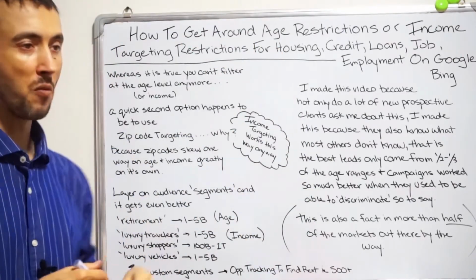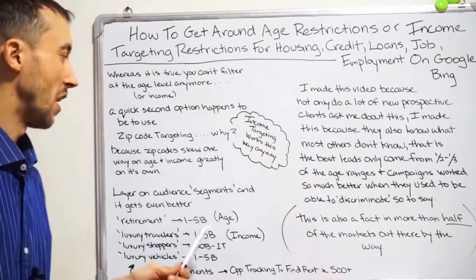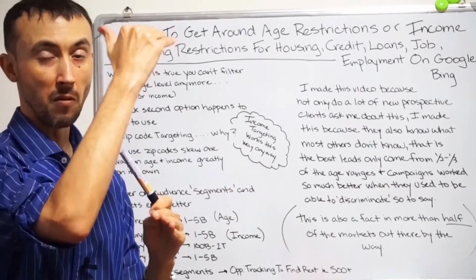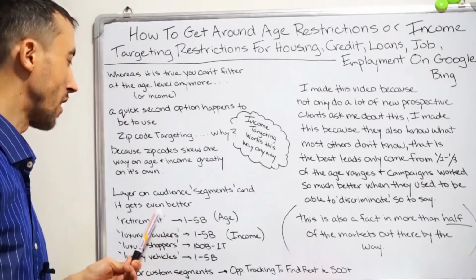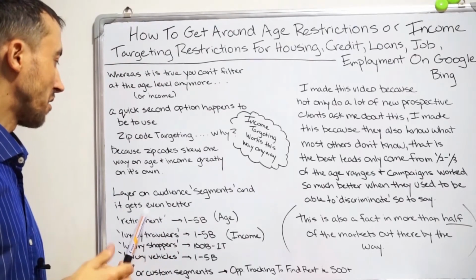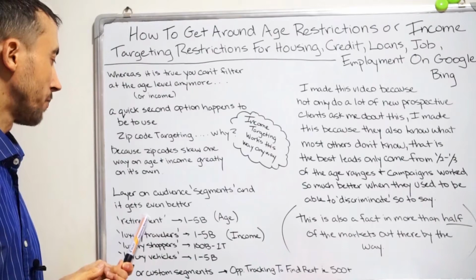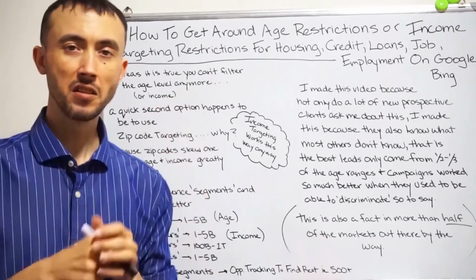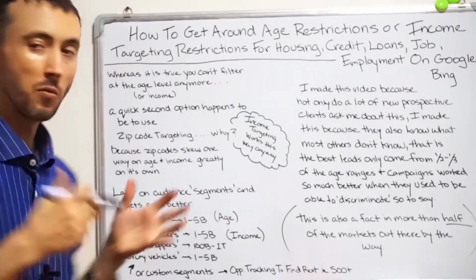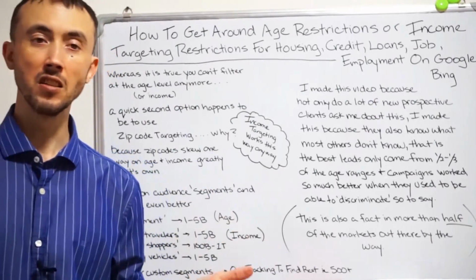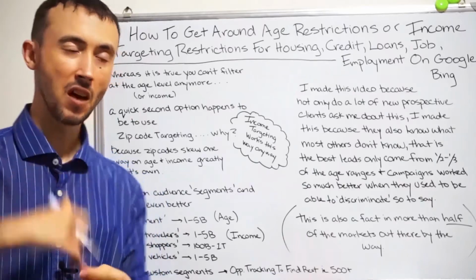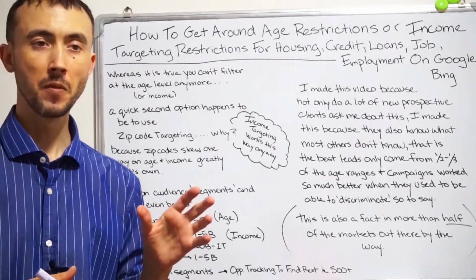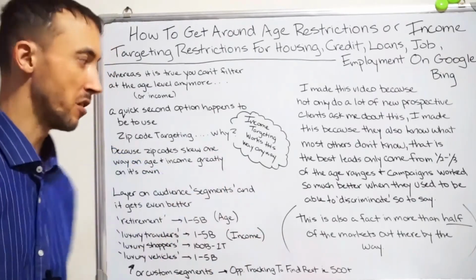If you wanted to be over, let's say 50 in general, then you could do your income targeting, which is one layer of targeting and filtering that you do. But then you also layer on an audience segment, and unless they are also in this retirement segment, your ad will not show up, which adds a lot more certainty that that person's obviously older. So for age demographics target filtering, that's a really good way to do it.